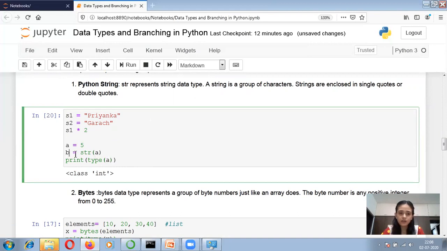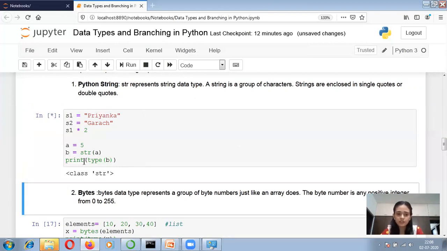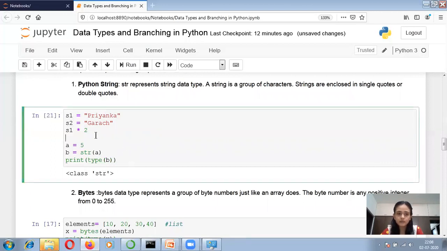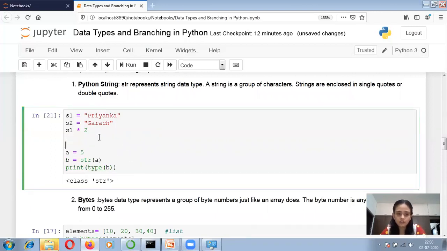Okay, I have stored in my variable b, so I will check the type of variable b. So it is showing me as string. Similarly, you can also convert a string into the integer. So string is always written either in the double quotes or in the single quotes. So suppose I am writing the 5 in the double quotes, and I want to convert now this string into integer.